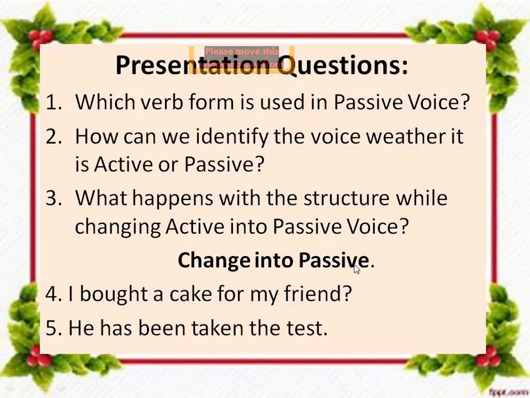Yes, Muhammad Ali has replied: my friend bought a cake by me. No, no, no. Sanya Salim, why are you using has been over here? Is this the sentence of perfect tense? No, Vanya, you are also wrong. Has been will not be used in this. Sharoz, you are again using it wrong. Is will not come. No. The cake was bought by me for my friend.